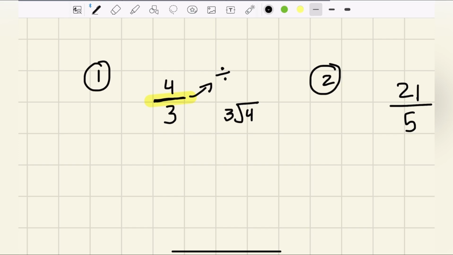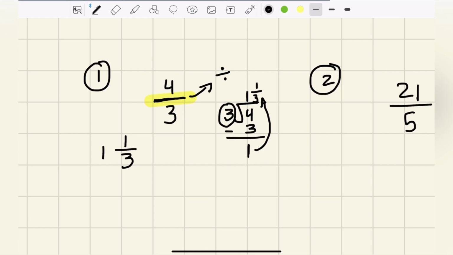Okay, how do we use this to turn any improper fraction into a mixed number? Well, let's divide first. How many times does 3 go into 4? That's once. So 3 times 1 is 3. We subtract, we get 1 as our remainder. Now this is where the really cool trick comes in. This remainder, we're going to make it the numerator of our new fraction, and the 3 right here is going to become the denominator. So our mixed number will be